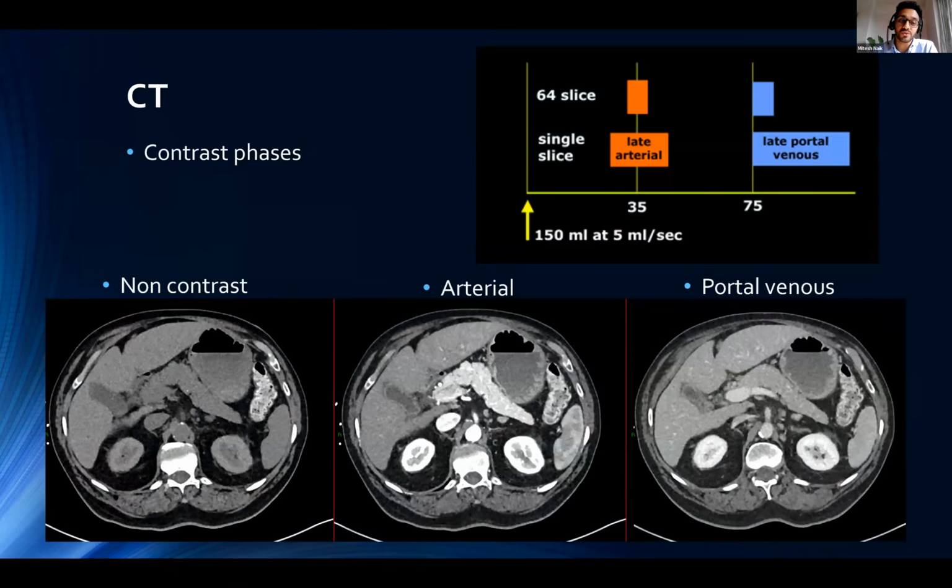So just to speak a little bit about CT contrast and why it's so relevant. For those unfamiliar, the difference between an arterial and a portal venous phase is as such. The top right image describes where the contrast is injected on the left-hand side. An arterial phase, ideally a late arterial phase for neuroendocrine tumors, is performed at about 30 to 35 seconds after contrast administration, followed by a late portal venous phase at around 70 to 75 seconds. And you can see the images below.